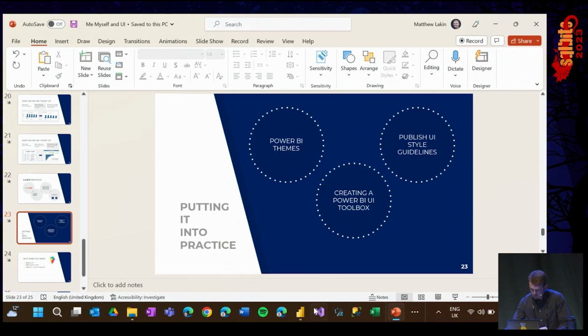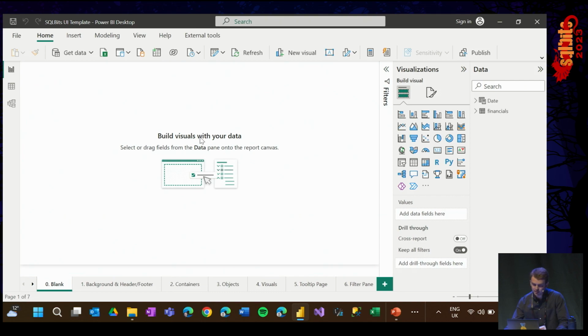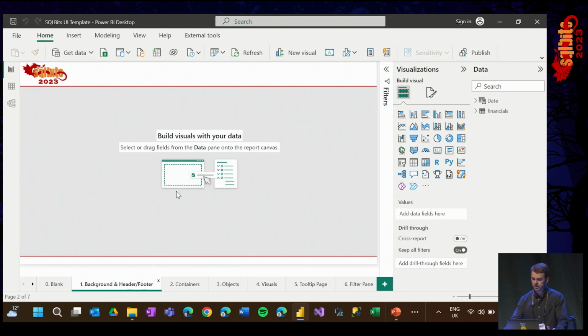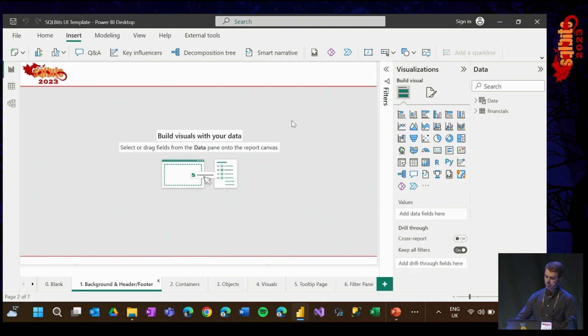Okay, so let's say we're starting off with a blank Power BI report. What's one of the first things we can do to sort of create a bit of a skeleton for our template? Well, we could build a header and footer. Now, you could do this with objects. You could bring in certain objects in the insert pane,